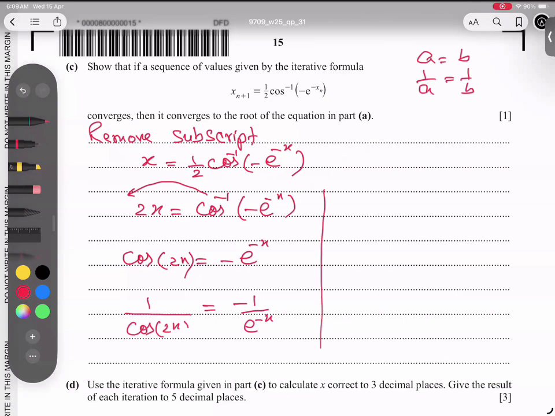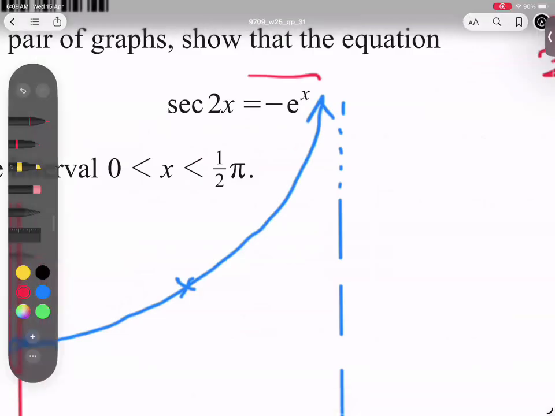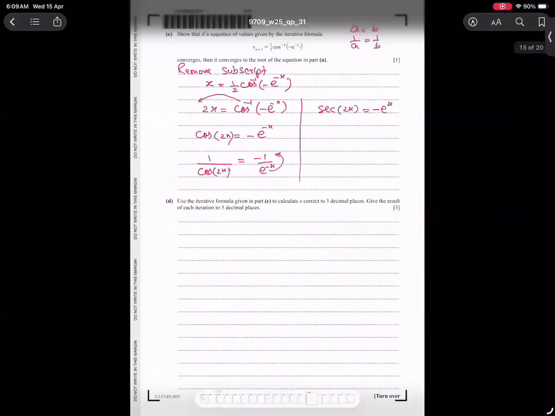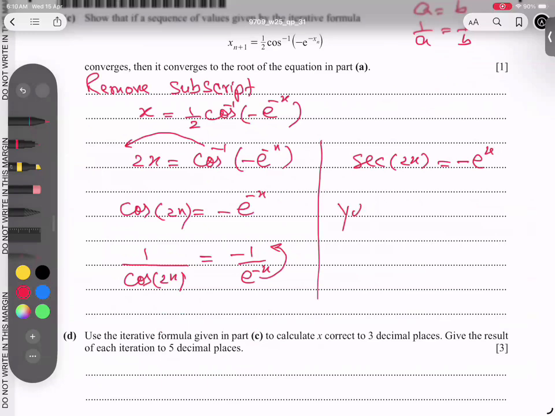Anyway, now students, 1 by cos is basically secant. And here if I bring it up, the power sign will change. We got a positive x. And what he was saying, equation number one. So see equation number one, what we have, secant double x equals to this one. And we have proved, if you look at carefully, so now we write the same statement. Yes, it converges. It converges